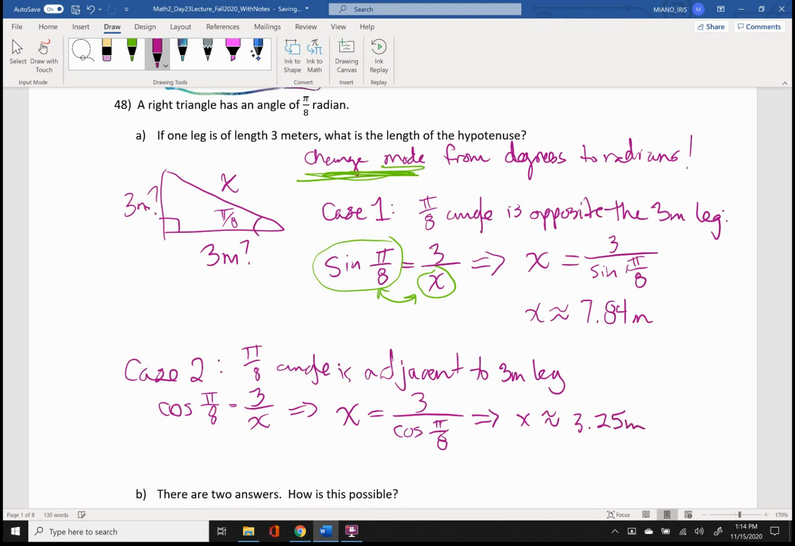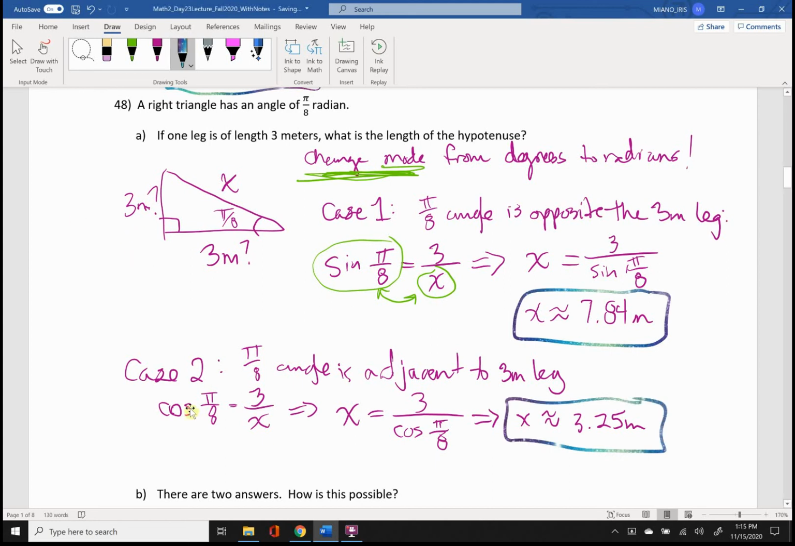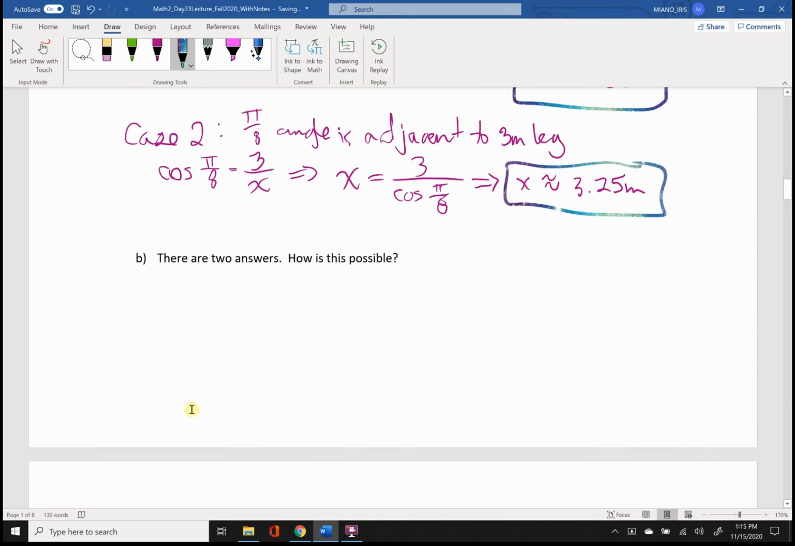Again, round the value that you get in your calculator to the nearest hundredth and affix the appropriate units. So here are my 2 answers. This leads me to part B, in which we ask, why are there 2 answers? How is this possible? The whole purpose of having these two cases addresses this question. Here's what I wrote in my notes, so I'll copy that down. We're not certain